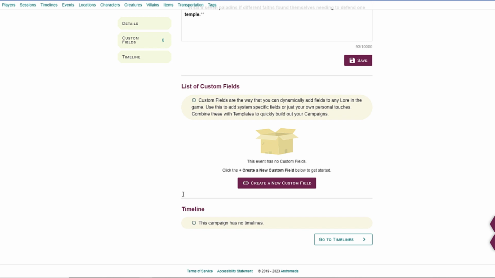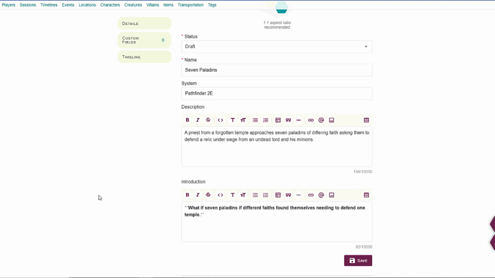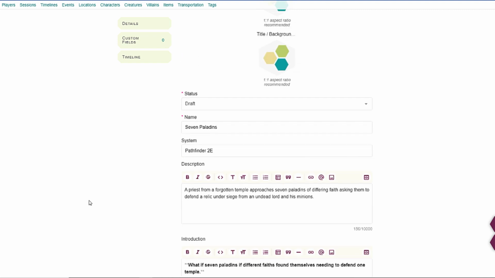So if you find yourself wanting to add a particular custom field, say for example you're running this as a Pathfinder Society game or maybe Adventure League, and you want to add in information which is specific to those continual play, living play type games, you can add those in here so you can record those details there, so you don't have to try to shoehorn them into description or introduction.